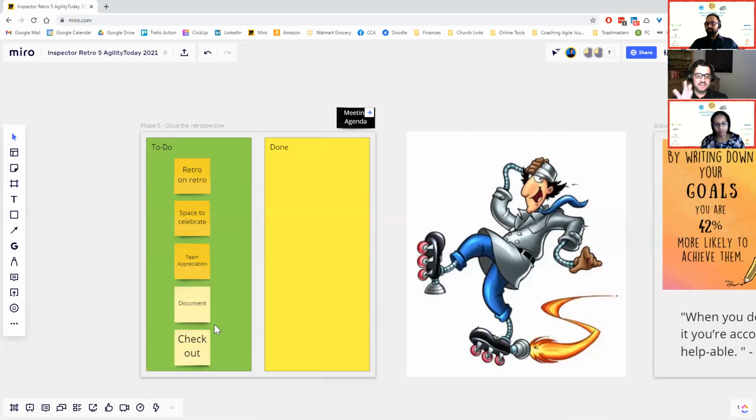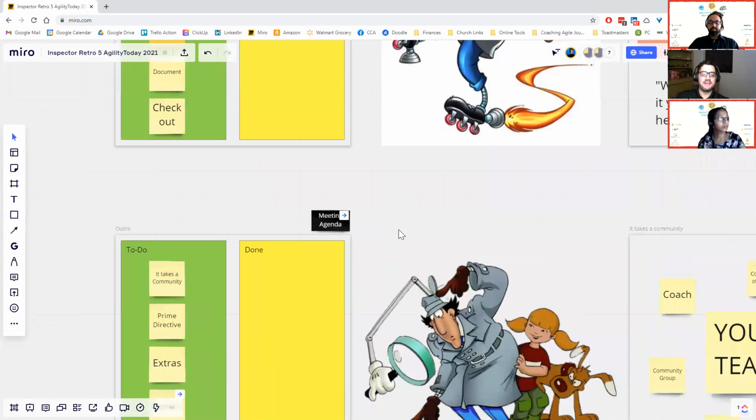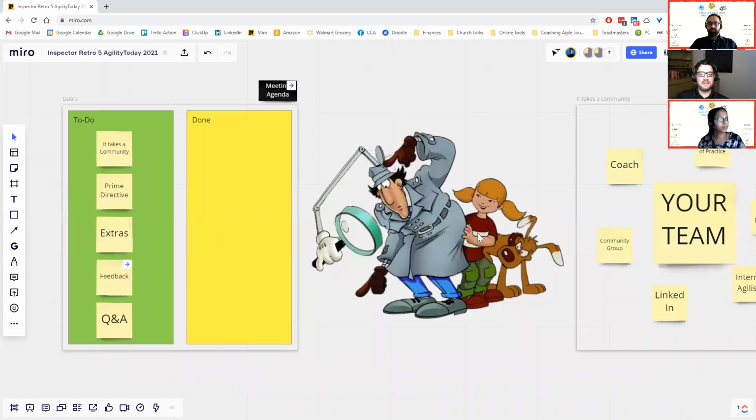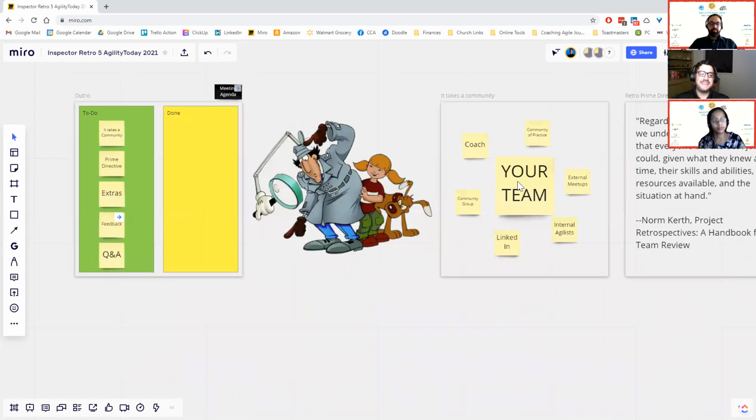I've got some quotes and stuff on documentation and checking out, but the point is you want to transition out of the retrospective, just like you transitioned in, you want to transition out so they can go back to work. All right, so lastly, pulling this whole thing together, it really takes a community. It takes your team to inspect your retrospective. You can't inspect and improve your retrospectives without your team, but you also should work with a coach, community of